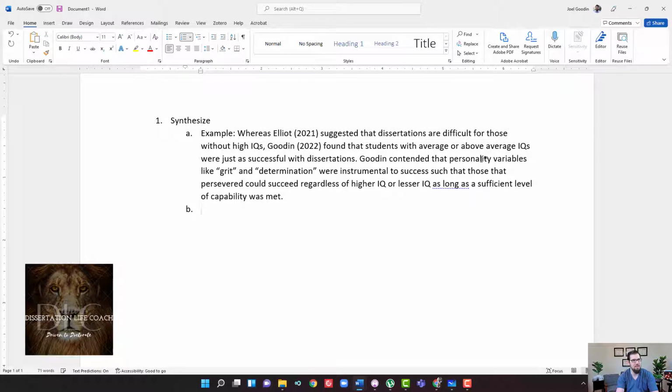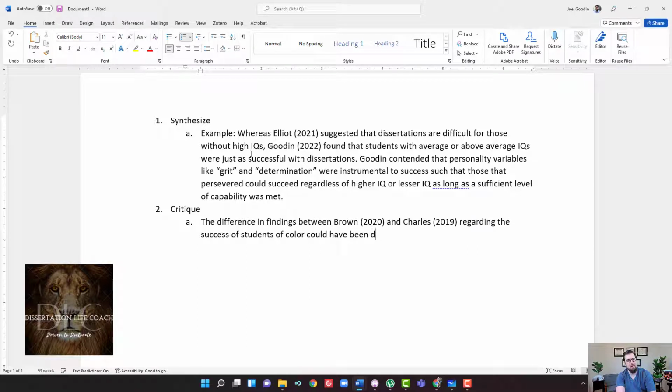You also want to have critique. So the difference in findings between Brown and Charles regarding the success of students of color could have been due to the difference in methodological approach.